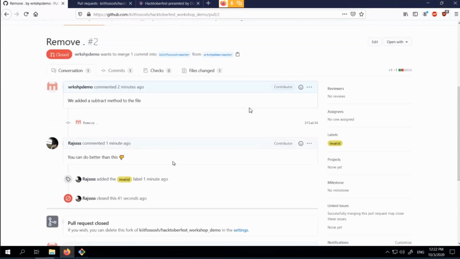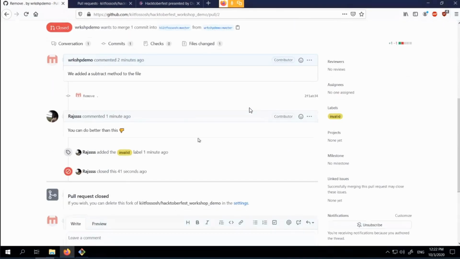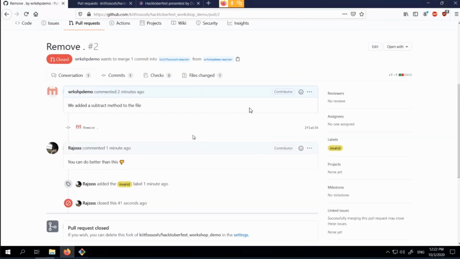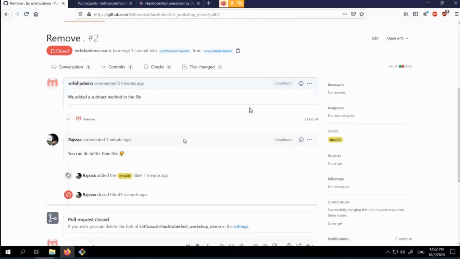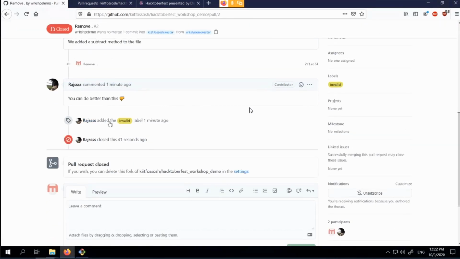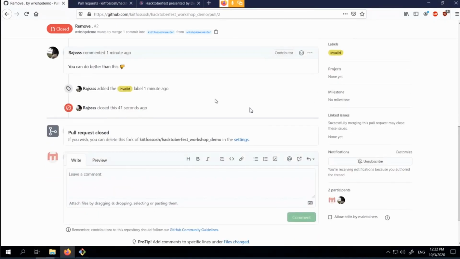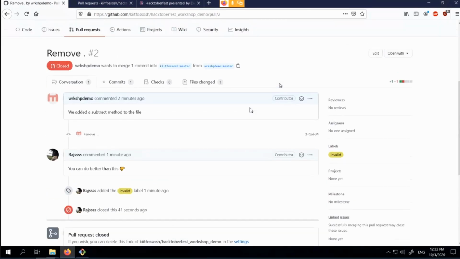Okay, see. So we basically did nothing, just removed the dot, and the maintainer of this repository has marked our change as invalid because we did nothing. Basically, it's a spam pull request.